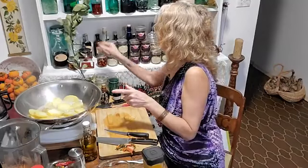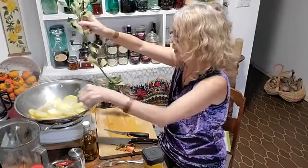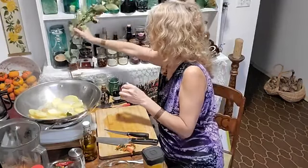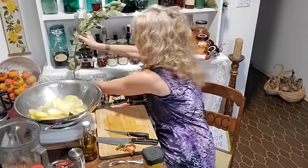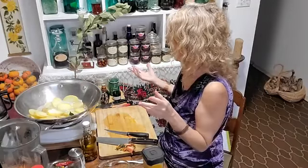And speaking of bay, before I forget, we are going to add a bay leaf to this, and I do still have, I'm going to add 2 because I love them so much when they're this fresh. Get it put back in there. That reminds me, should I use